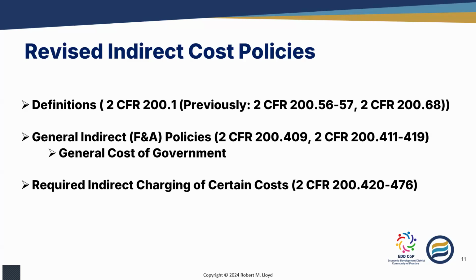So in Appendix Roman numeral 3 of the uniform guidance, the description for how institutions of higher education handle this function is presented. For nonprofit organizations, it's in Appendix 4, and for governmental units, it's in Appendix 5 through 7. Now, you might say, well, I'm from a governmental unit, a regional organization that's treated as a local government in our state. Why do I have to know about this?